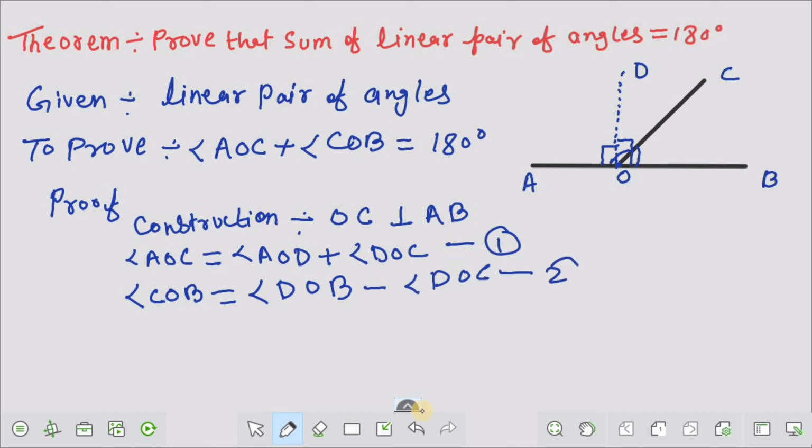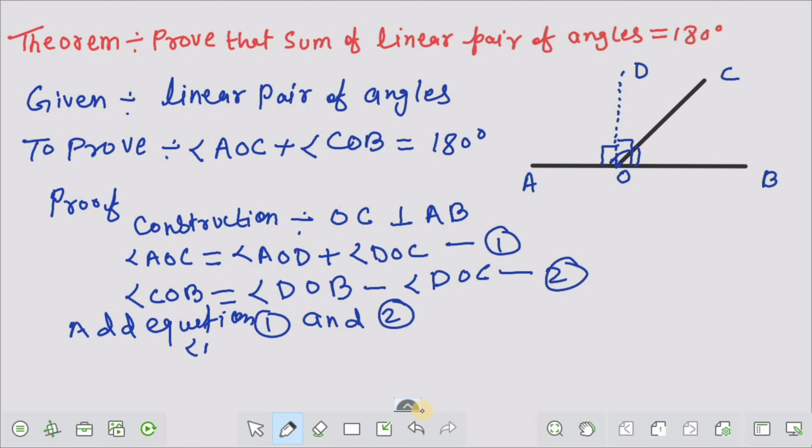Let this be equation 2. Now add equation first and 2, right? So from adding the equations, angle AOC plus angle COB is equal to